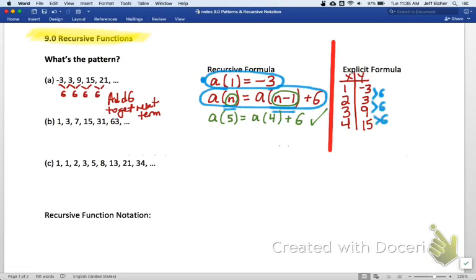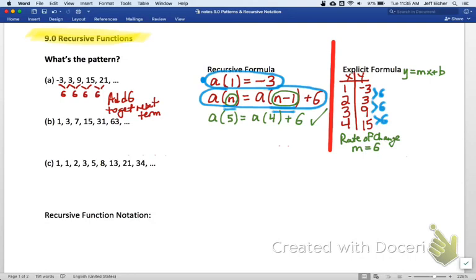So that's the rate of change. The rate of change is 6. So the rate of change is basically the slope. So in this particular sequence, we could write an explicit formula that looks kind of like y equals mx plus b, where m is the slope of 6, and the y-intercept, well, we'd have to do a little bit